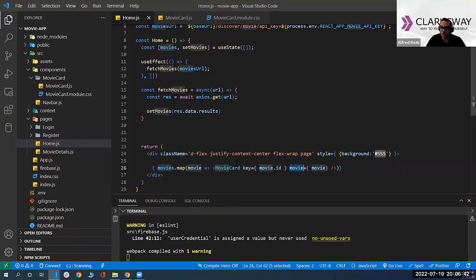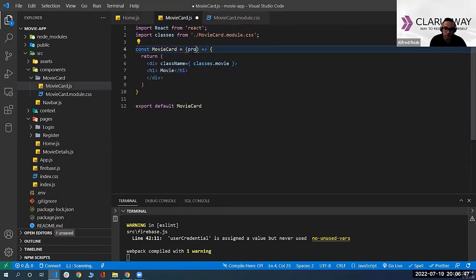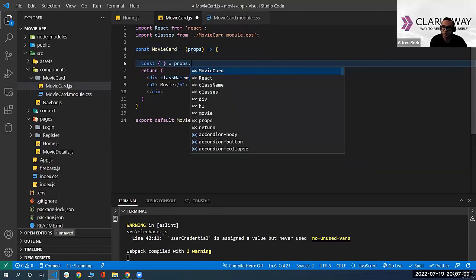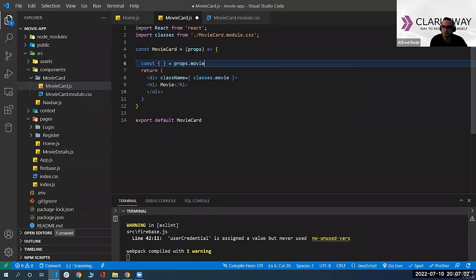So since this card is now receiving a prop, I can get it here, props, and this props object now has the movie object. So I can pull out, or destructure, from props.movie, from the object movie here, all the properties that I need to show in my card. For example, I want to pull out the title of the movie. I want to pull out,